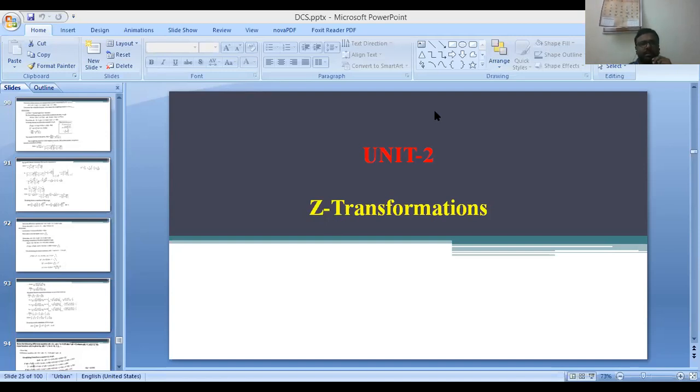Okay. So while observing the difference equations, you must be able to know what is the output one and what is the input one. It may be different types of signals also. Not always is the output function going to be represented by y of k and the input function by x of k.